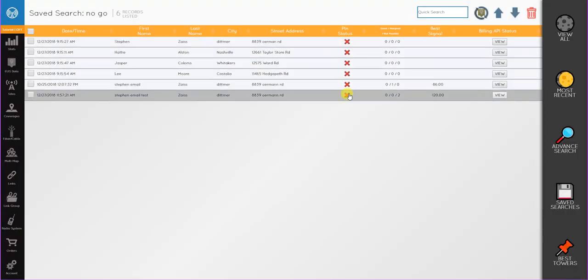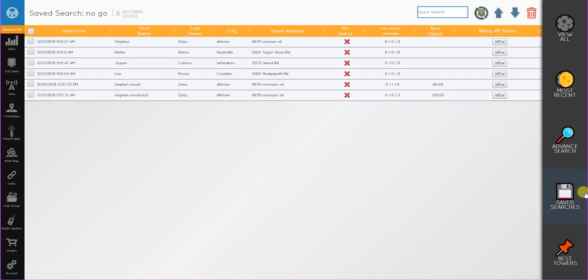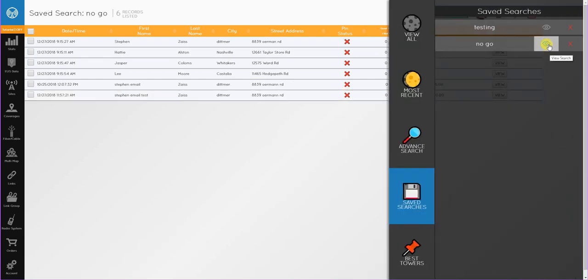So if I click on this view now, we have these no-goes in here. If 6 months from now I come back and I go to save search and I hit my view button, however many no-goes there are 6 months from now, that's how many would show up. So it automatically updates instantly as soon as more EUS data is added. Then what you can do, if you're looking to build out and you want to know where do I need to put up an access point to get service to all of those,